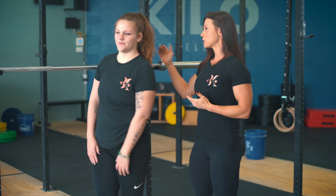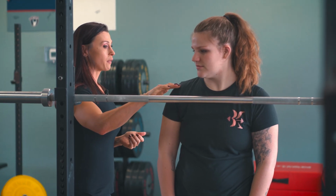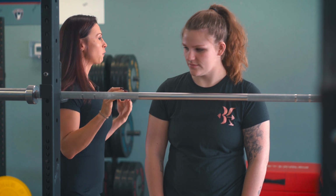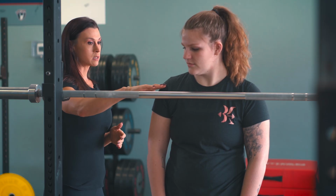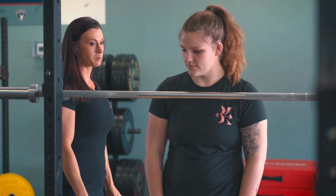First thing is we want to make sure that this bar is set appropriately for her height. Generally, we want the bar about shoulder height, if not a little bit below, so that we're not tiptoeing in order to unrack it or having to crouch real low to unrack it. We can see that it's set up just right for Michaela, so we're going to go ahead and place our